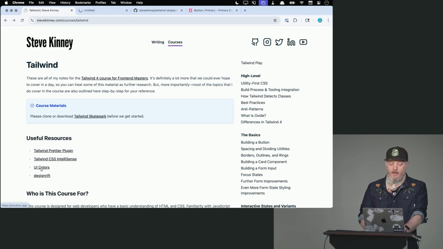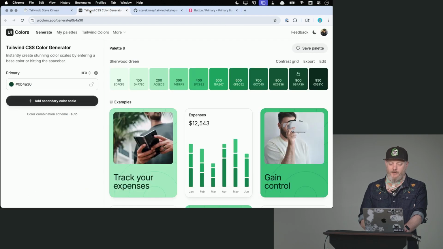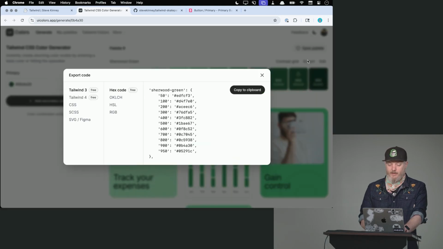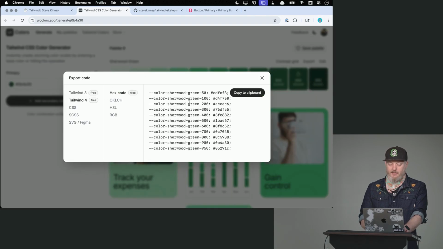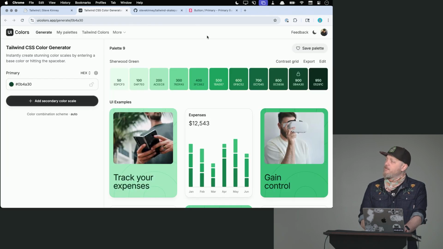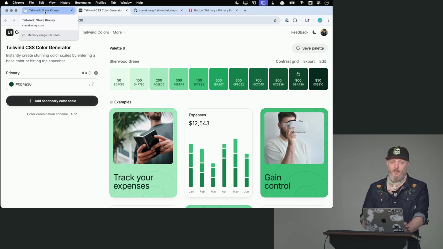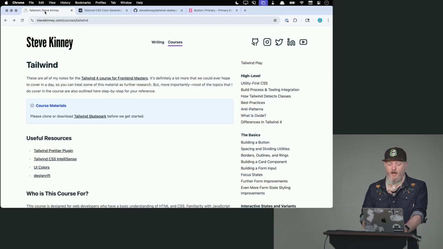Which is one, UI Colors, for just creating Tailwind color palettes. So you can pick a color, add a color palette, hit export, and get the CSS variables. There's a Figma plugin too, that we talk about in the Figma course, that also then, theoretically, you can have the same Figma variables and CSS variables and everyone can be happy. And this other